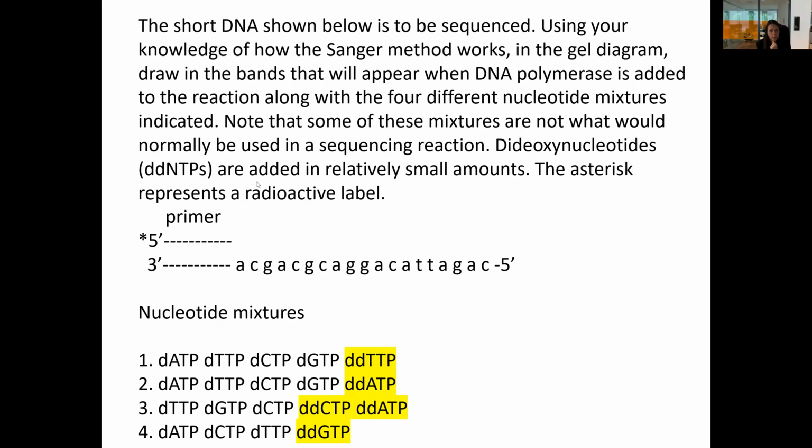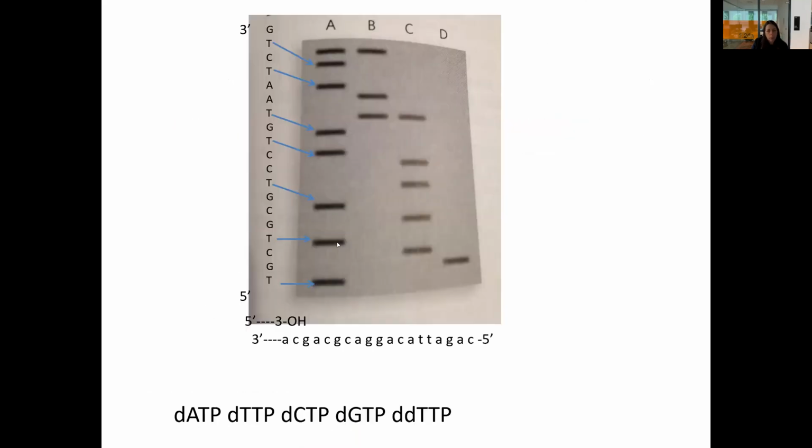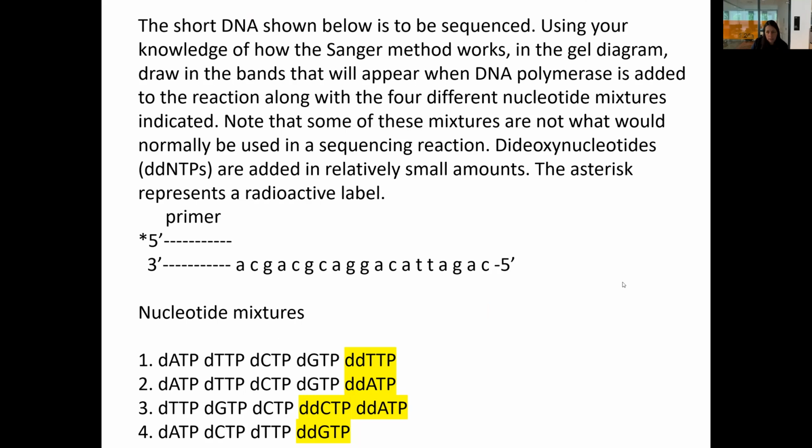Dideoxynucleotides, ddNTPs, are added in relatively small amounts. The asterisk represents a radioactive label. Okay, so this is the primer with this label. So what you need to do is like this. This is what is added in the first one. So what you need to say is how many